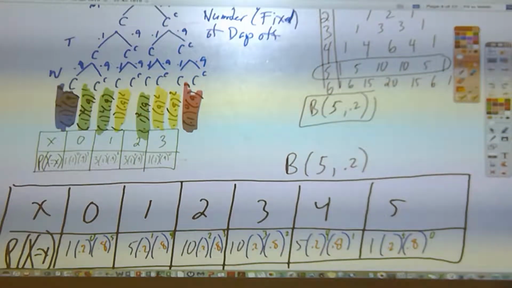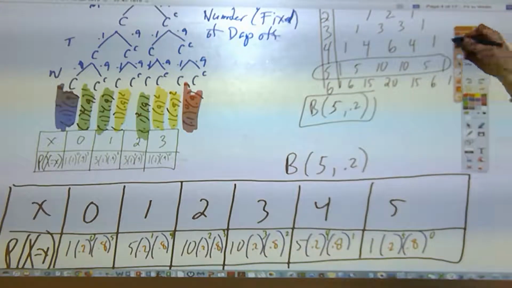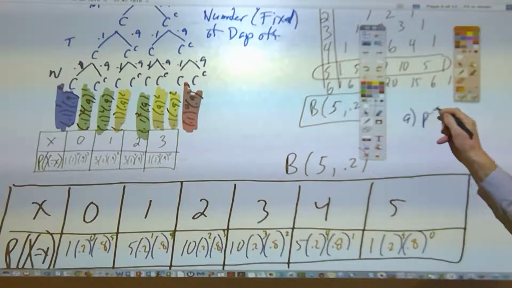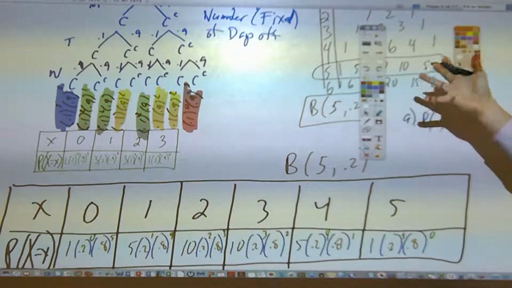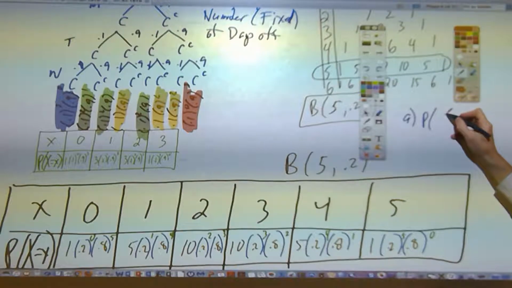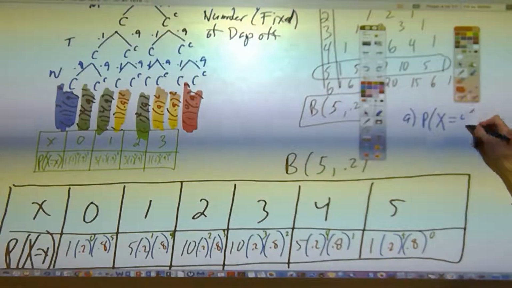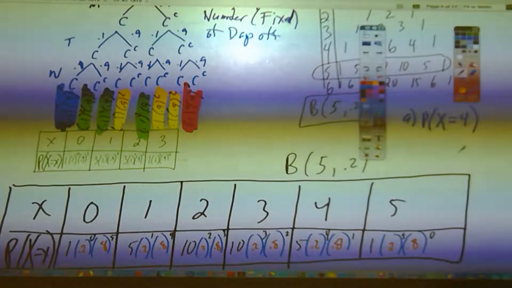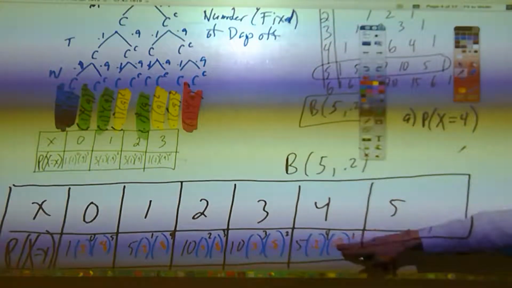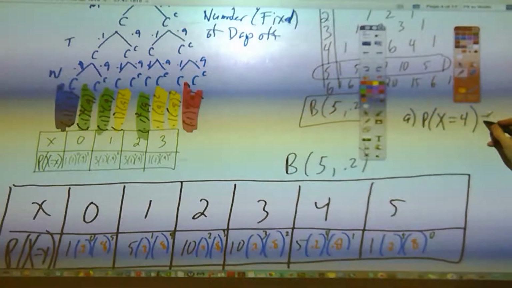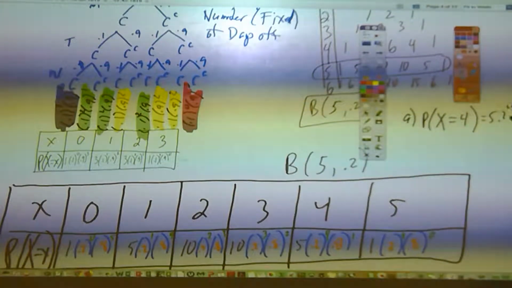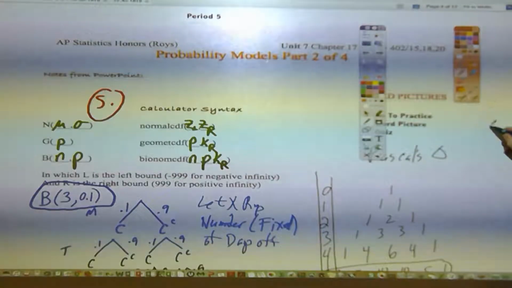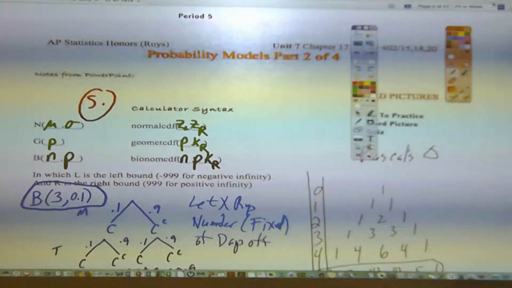Like, for example, if someone asked you, let's just put a little part A over here. Suppose X represents the number of days off. What's the probability that the number of days off is 4? What's the probability of having exactly 4 days of no school? The answer's right here in this box. It is 5 times 0.2 to the fourth times 0.8 to the first. And then on the calculator,